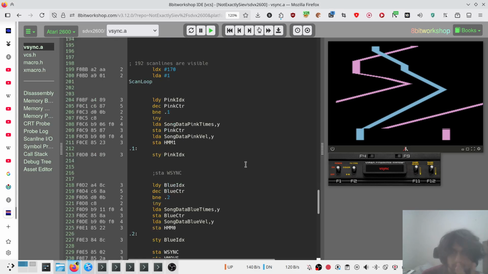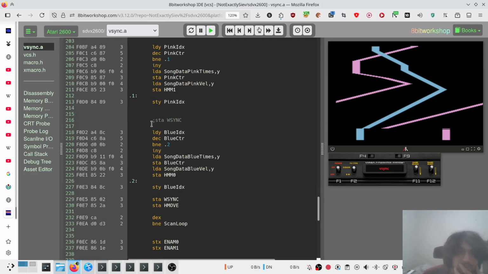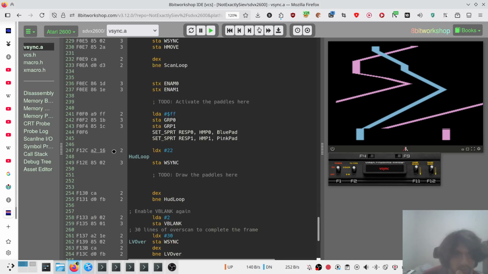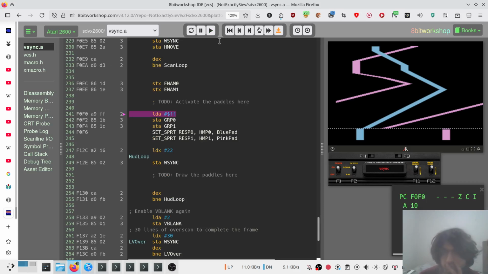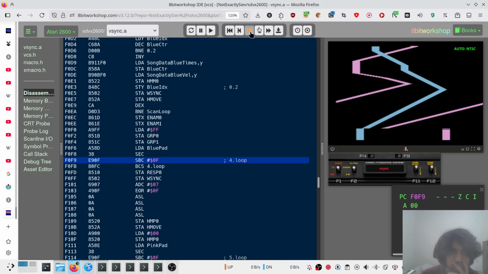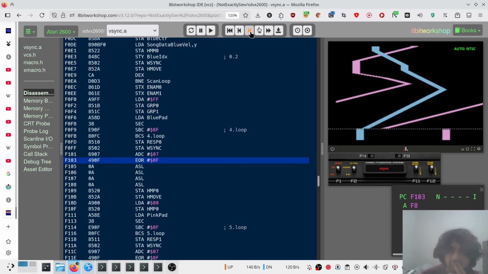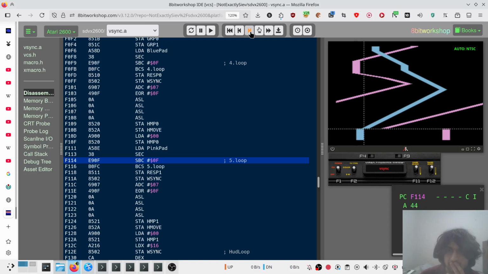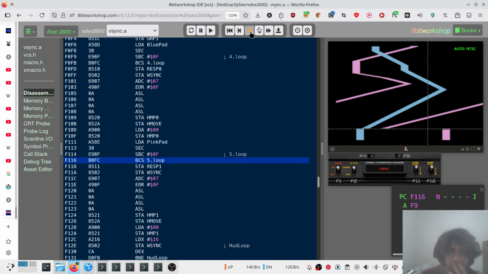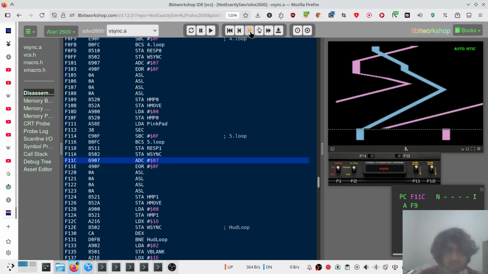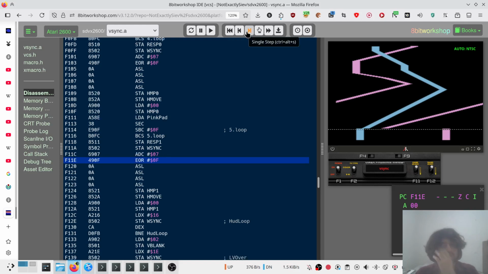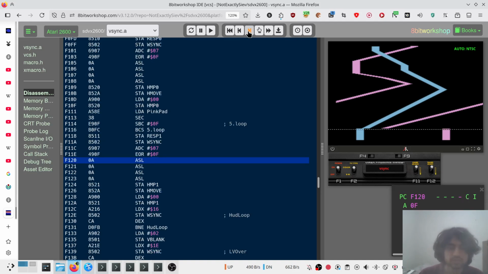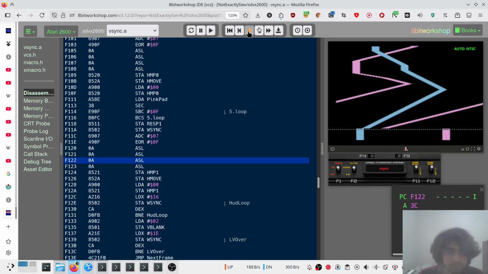Oh, maybe the division just takes longer, but that's not. Okay, let's see. HUD loop. We get to this part. What? No, okay. Yeah, maybe it just takes long. Yep, that's the issue. But why does it? Wait, no. That has nothing to do with it. It takes long because it has to take long. That's how the sprite works. But in the next line,